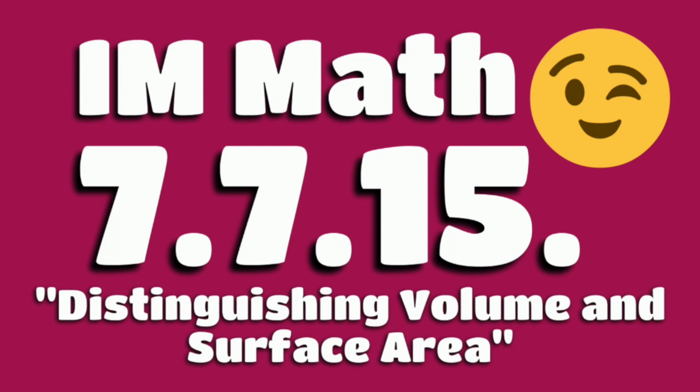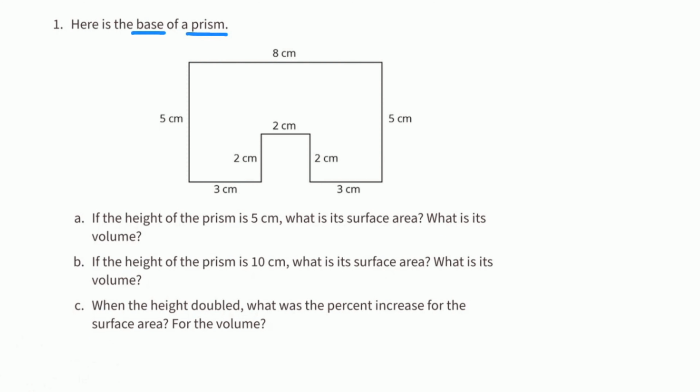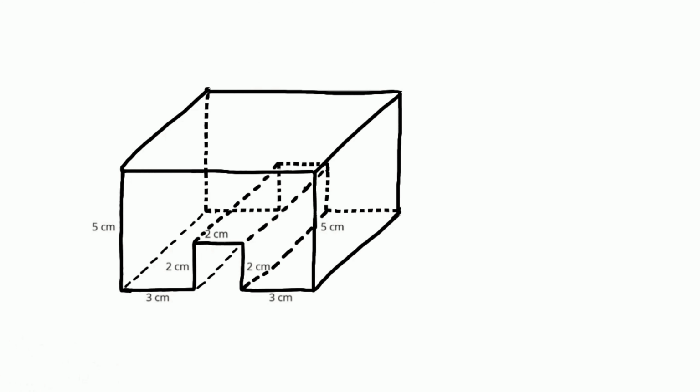Seventh grade Illustrative Mathematics, Unit 7, Lesson 15, Distinguishing Volume and Surface Area. Problem number 1. Here is the base of a prism. A. If the height of the prism is 5 centimeters, what is its surface area? What is its volume? Here's a three-dimensional model of what the prism might look like with a height of 5